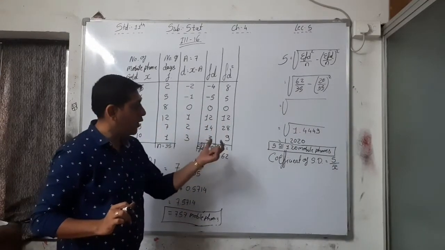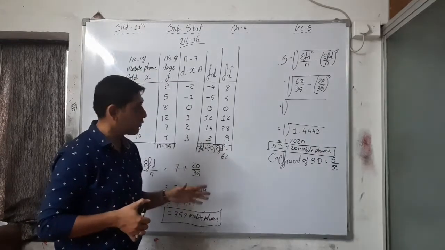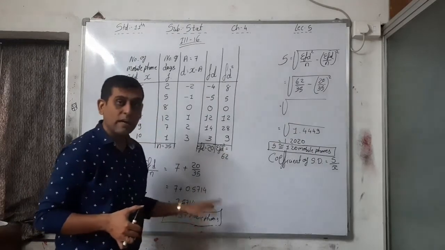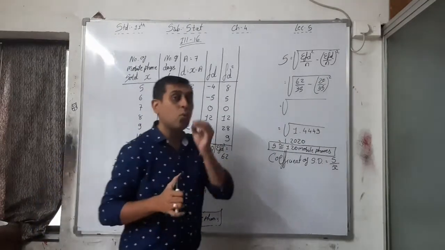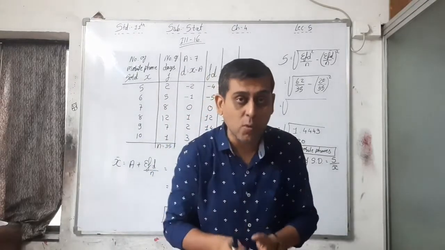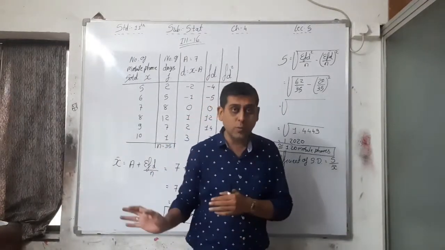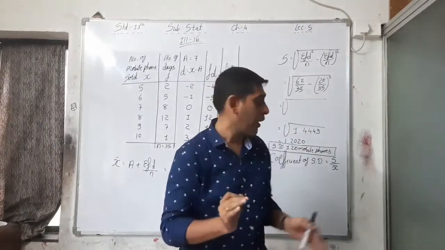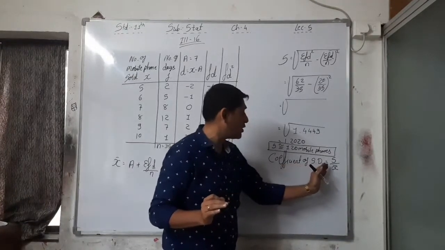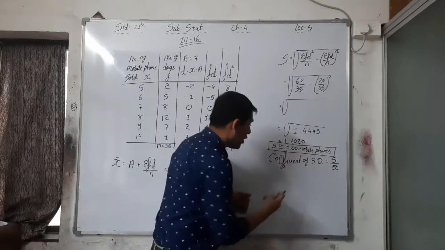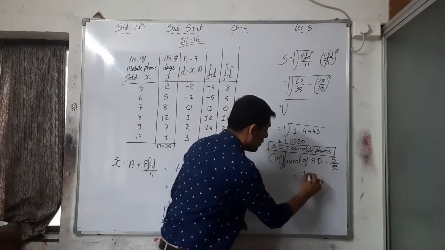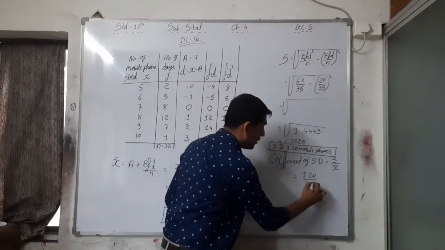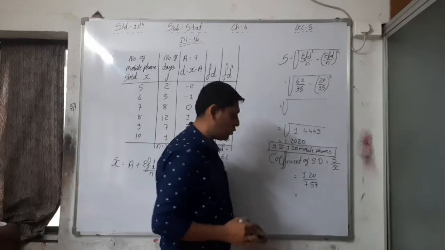Okay, so here 1.20 mobile phone is there. That is your S. Your X bar is equal to 7.57 mobile phones. Now what is the final question? What is your main question? You have to find out not X bar, not standard deviation, but the coefficient of standard deviation. And for that, the formula for coefficient of standard deviation is equal to S upon X bar. What is your S here? S is equal to 1.20. What is your X bar? 7.57. So divide it. What is your answer?